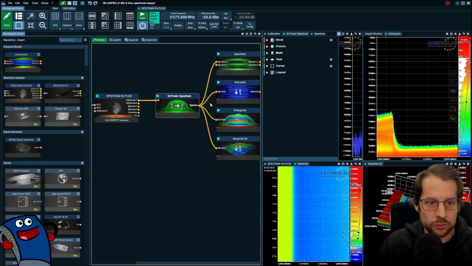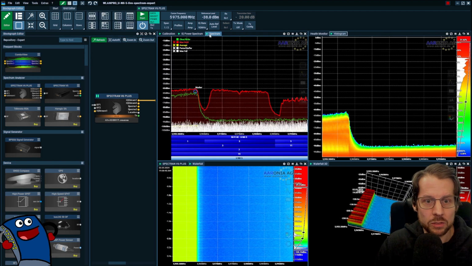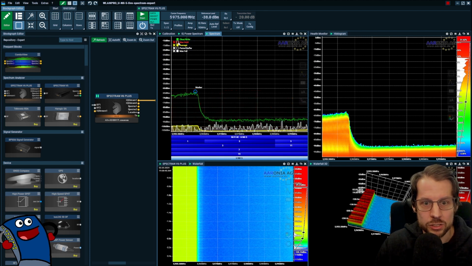And then, since this now converts IQ spectral data to spectral data, I could connect different blocks. So I connected the spectrum block, waterfall, histogram, and waterfall 3D. And the only thing I've done with this one, I added a max fall, I have the period buffer, like an average, max hold, and